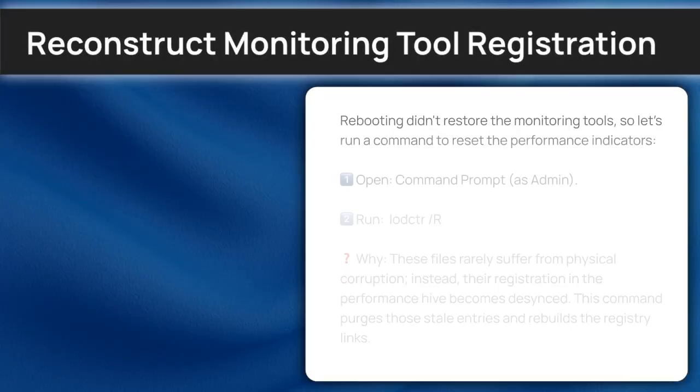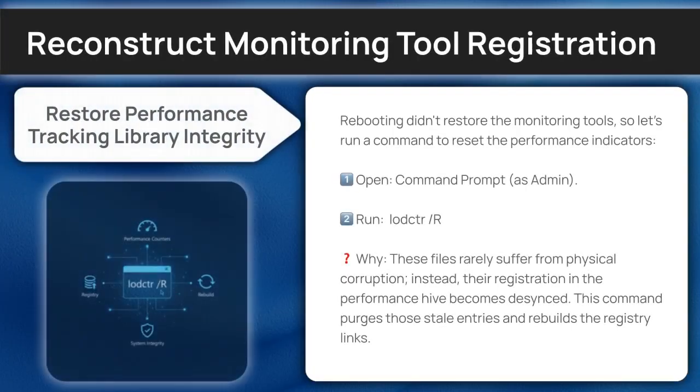If the previous steps didn't work, there's one more action we can take to stabilize the environment. Please pause the video if you need to back up your data before we proceed. Rebooting didn't restore the monitoring tools, so let's run a command to reset the performance indicators. First, open command prompt as admin. Second, you're going to type